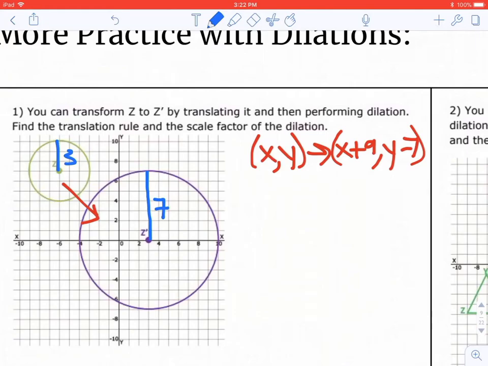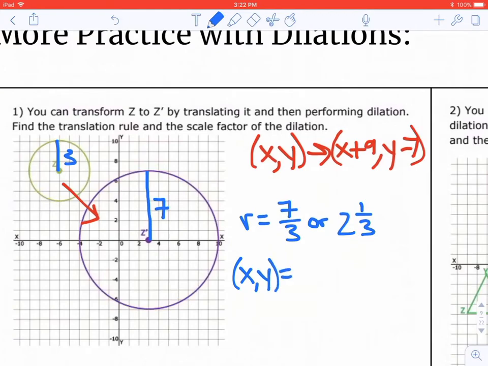And then you can tell that Z to Z prime means it was enlarged. And so your scale factor, which we call R, would have to be greater than 1. So do 7 divided by 3. And you can either leave it that way or make it into a mixed number, which would be 2 1/3. Either way. And so then write out the rule that you would have a scale factor of 2 1/3, or let's just say 7/3, and I don't need to put an equal sign there. Let me make that better, into an arrow, 7/3, and then it gets multiplied